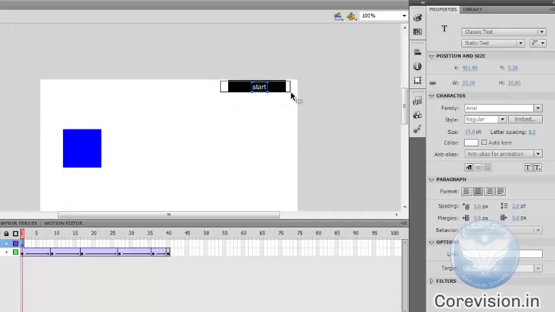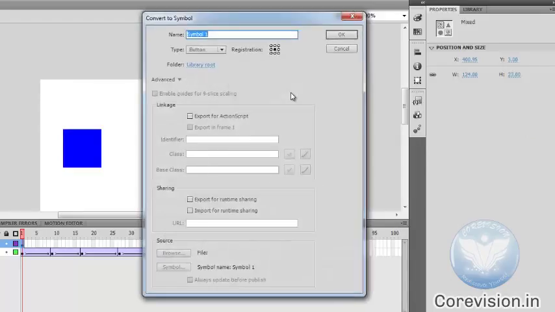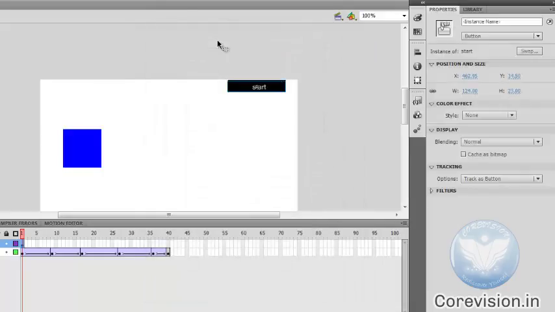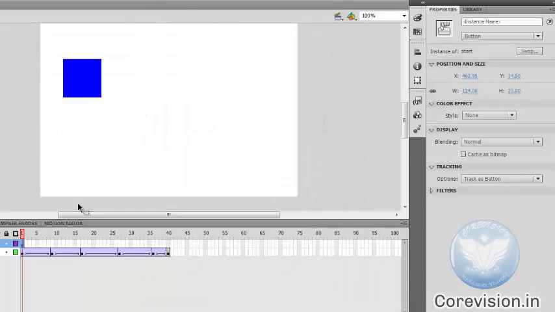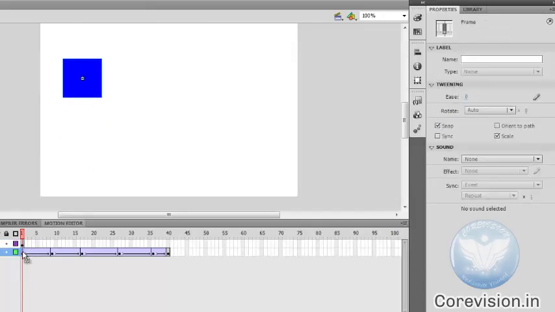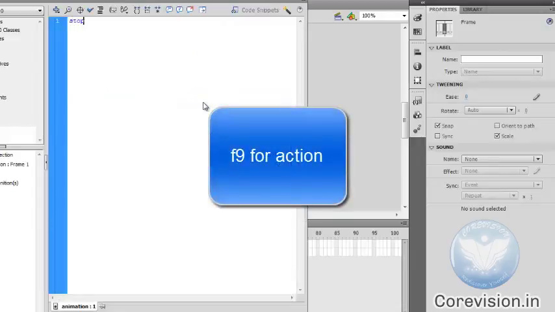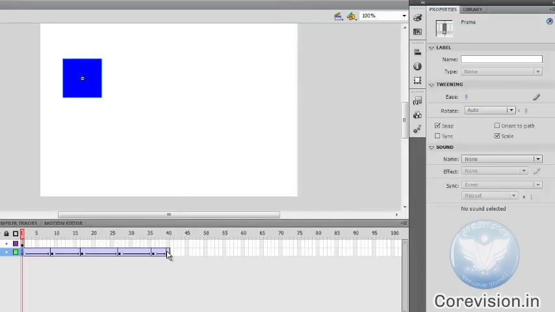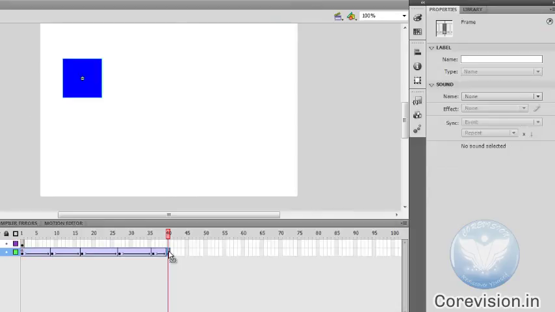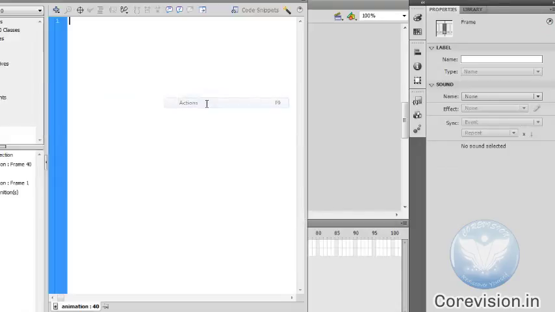Now select both the things, press F8 to convert to symbol and change it to button. Write the name start. Okay, and in this animation frame, in the animation layer, click on frame number 1, press F9 or go to window and choose actions. Write stop here for stopping animation. Okay,